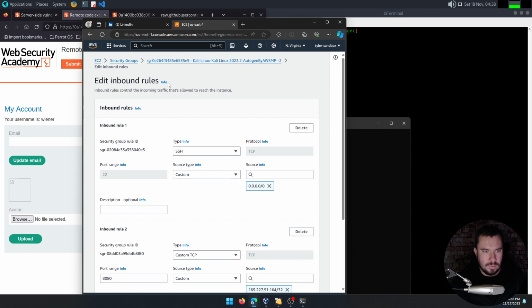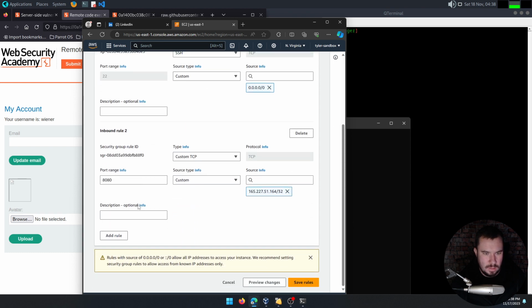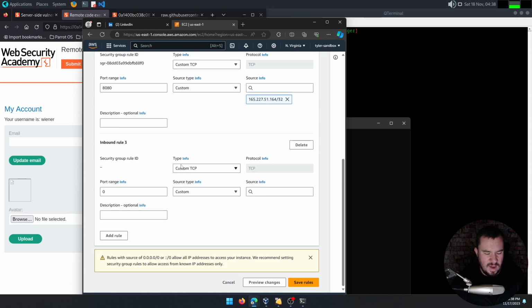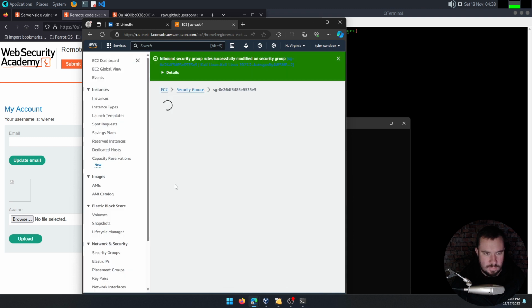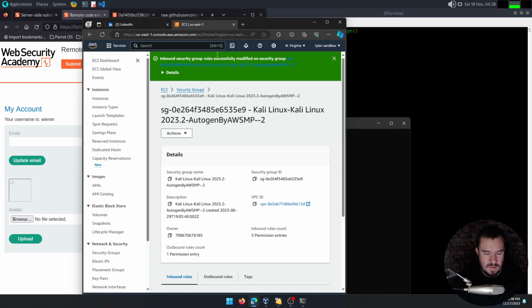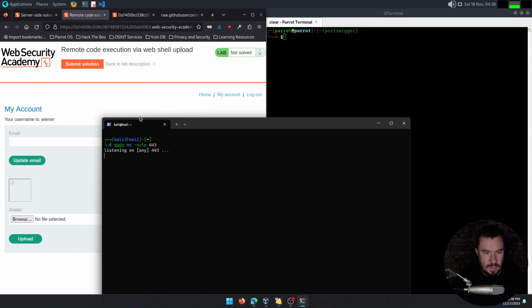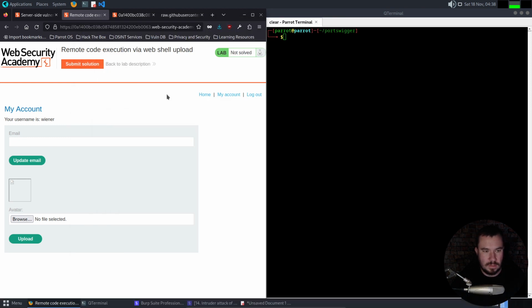I want to add a rule. Custom TCP, port range 443, type anywhere IPv4, source is good, save rules. Okay, now with that modified,